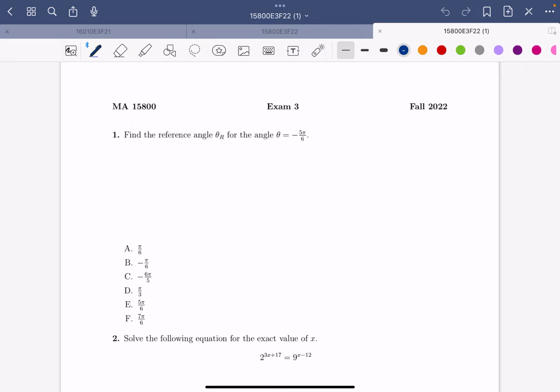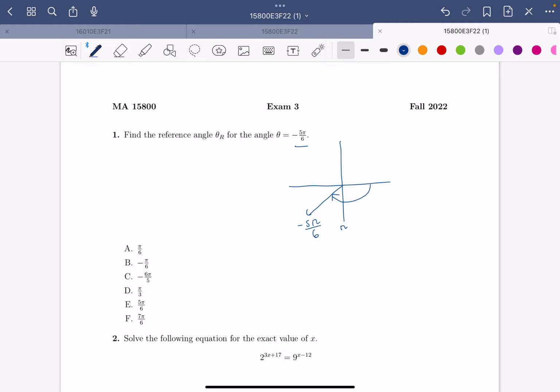So when we're asked questions about angles, I really like to draw a picture. It helps me see what I'm doing a lot better. So if we draw just your coordinate axes and we draw negative 5 pi over 6, we know that negative angles go the opposite direction, so they go this way. We know that negative 5 pi over 6 will end up in the third quadrant